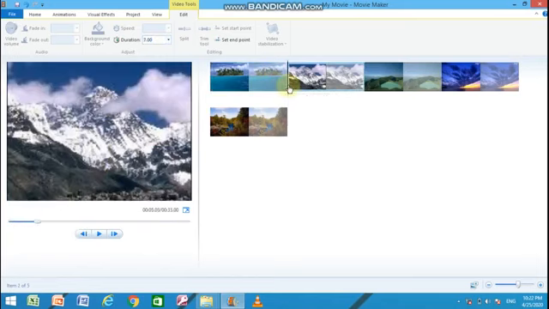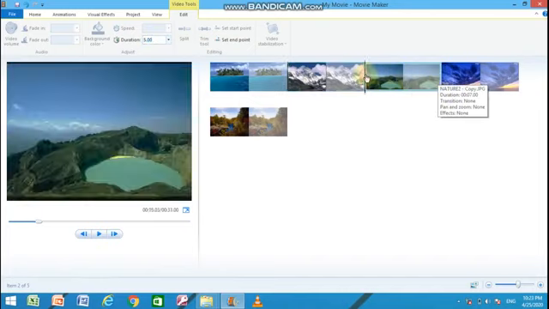In the same way, this picture can also be set for the time it is displayed onto the screen, like this. Just we have to click before that object and selecting the command under the edit menu of the video tools group.